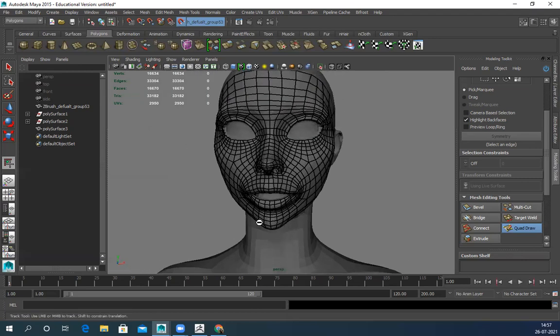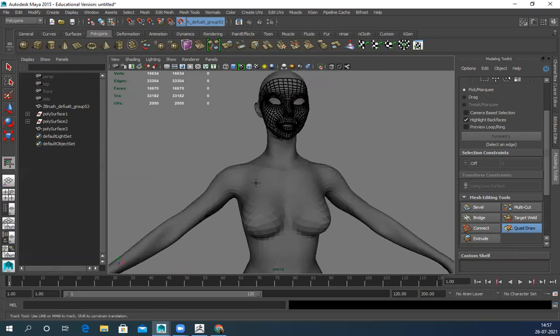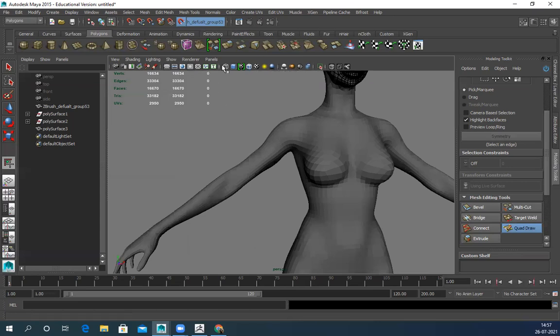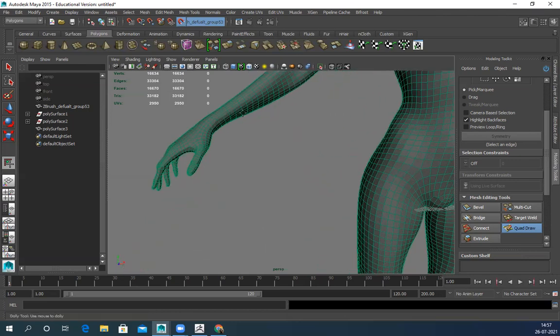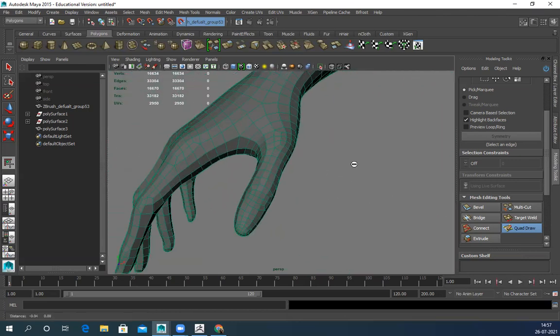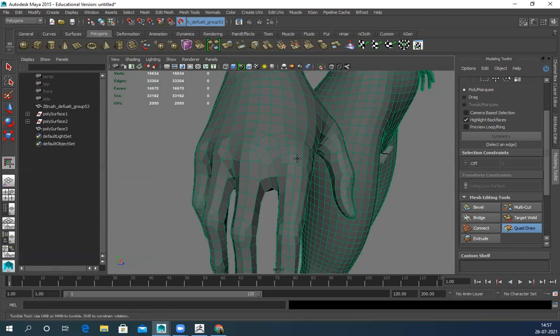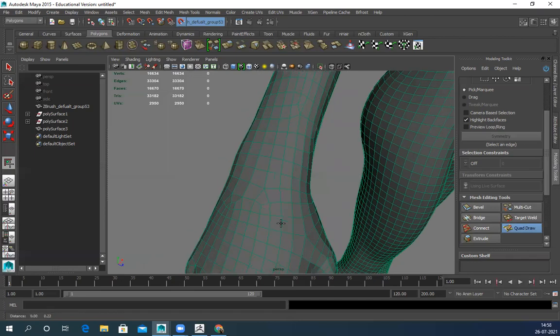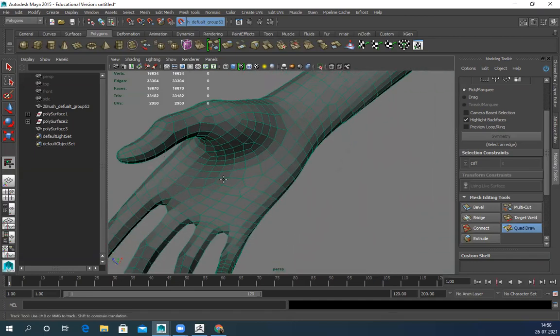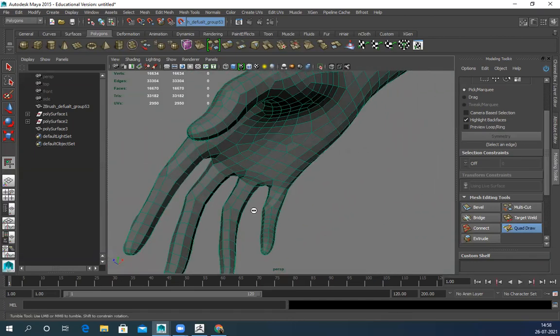So this will create the entire body, and there are a lot of parts that we can directly use from our base model. Like if you see fingers, they are very nicely done. Their shape and topology is correct. You can see all the knuckles and everything.